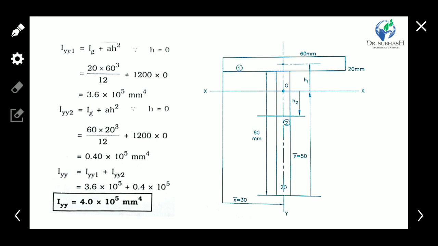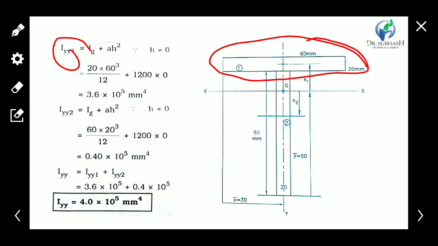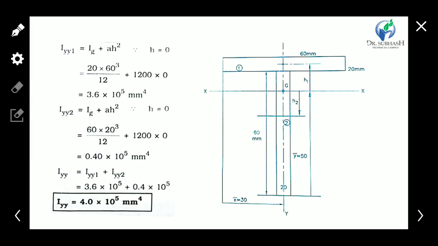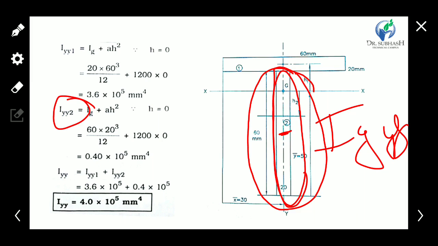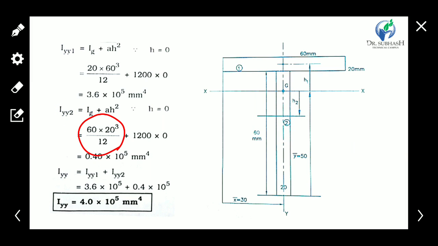Okay, એટલે કે parallel axis theorem કરશો તો પણ એ h સ્ક્વેર છે એ 0 થઈ જશે. એટલે કે આ એલિમેન્ટનું જે Ig છે એ જ Iy1 થશે. બરાબર છે? અહીંયા પણ એવું જ થશે. આ એલિમેન્ટનું જે Ig છે એટલે કે મોમેન્ટ ઓફ ઇનર્શિયા અબાઉટ સેન્ટર ઓફ ગ્રેવિટી, કોનું? તો કે આ એલિમેન્ટના સેન્ટર ઓફ ગ્રેવિટીથી એનો ઇનર્શિયા Igyy એ જ થશે Iyy. બરાબર છે? એટલે કે ડાયરેક્ટ Ig મૂકી શકીએ 60, dB ક્યુબ, ડેપ્થ કેટલી થશે 60 અને બ્રીથ છે 20, dB ક્યુબ બાય 12. ઓકે, એરિયા 1200, 60 into 20.